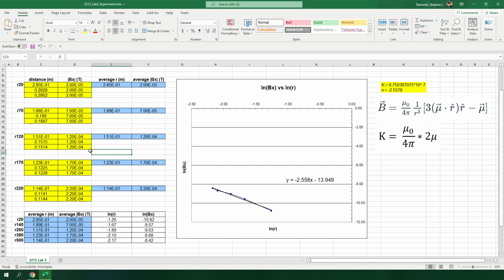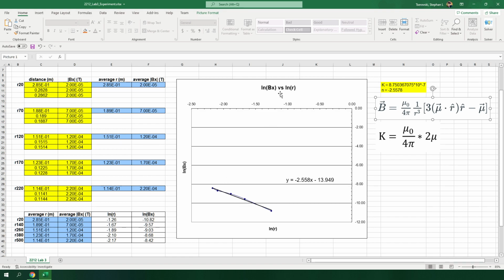Now, moving on more towards the coding portion of my lab, in order to model the situation, I needed to implement this equation right here for the magnetic field. From the data I've already collected, we have this magnetic constant, we have the value of R, and we can easily get the value of R hat. But we're missing mu. And luckily, we can find it using the trend line that you can see right here